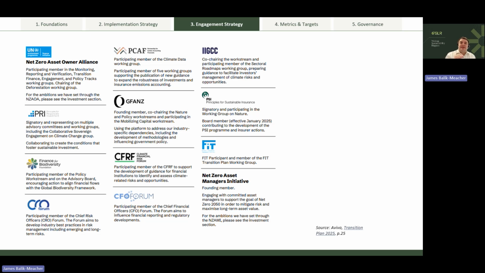But what they also do underneath this is lay out how different parts of these engagements tie into different parts of the transition plan and to some of those dependencies as well. So mapping all of that and being really clear where they're engaging and what they want to get out of those engagements as well.